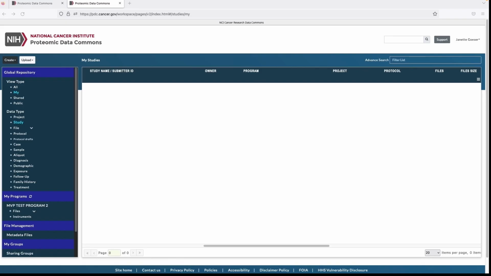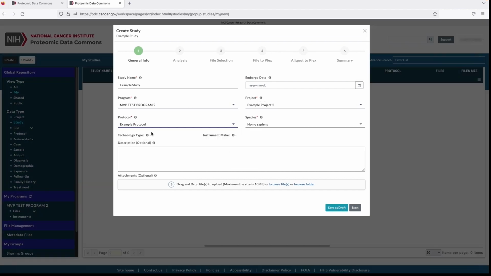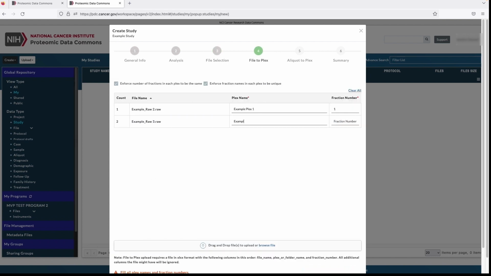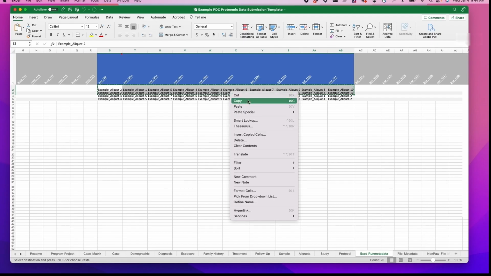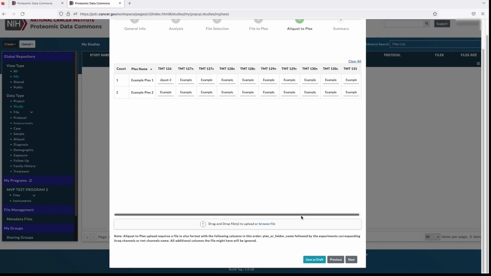Let's dive right in. First, you need to create the study. From your workspace in the PDC, click the Create button in the top left-hand corner of the screen. Click Study to launch a pop-up form. Enter information for all the required fields of the form. For steps that require you to enter data in a table, you may copy and paste from spreadsheets or upload an XLSX file of the data.